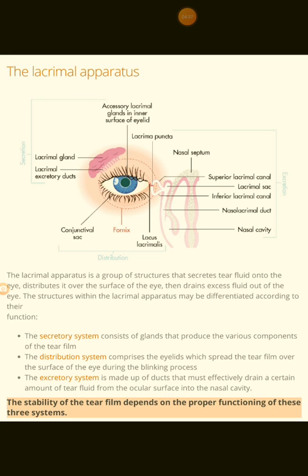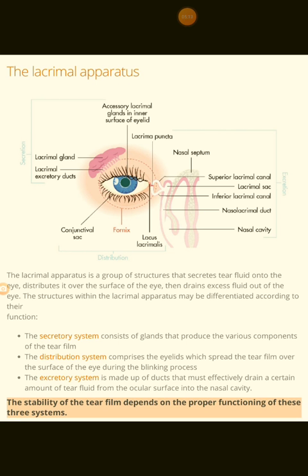Now what is the function of lacrimal apparatus? Actually it forms tears. And what is the function of tears? The fluid that fills the conjunctival sac is a mixture of the tears and certain secretions from a gland which is called tarsal glands. These secretions are oily secretions, and they spread over the entire surface of the eye, protecting the cornea. They provide oxygen and nutrients to the avascular conjunctiva. They wash away different irritant materials from the eye.